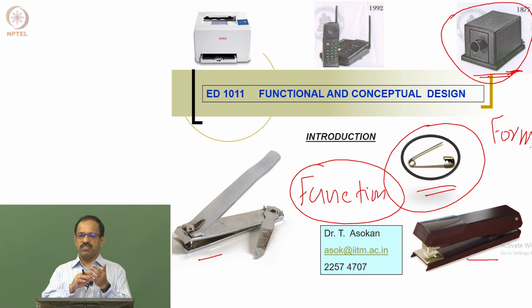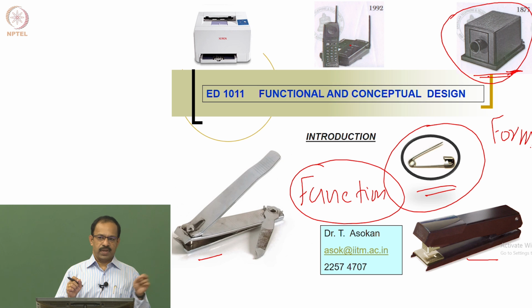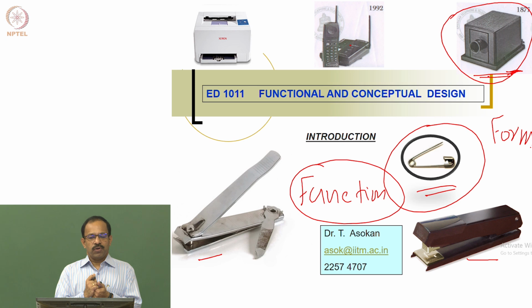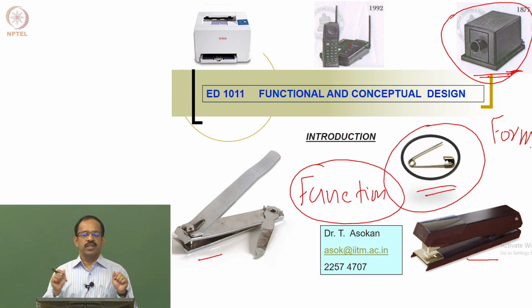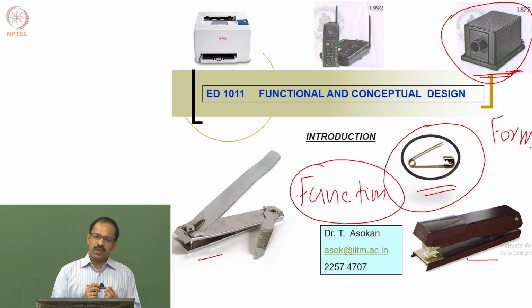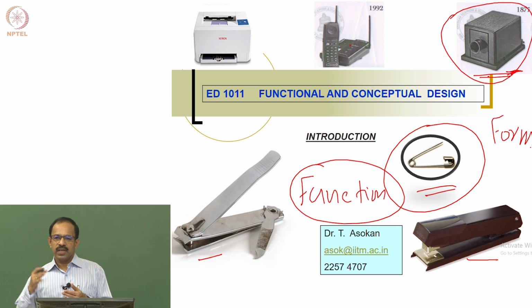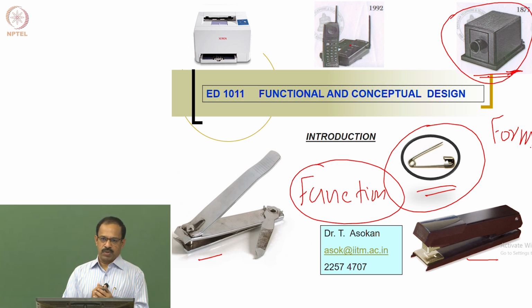So that things can actually be changed in technology, it can change in the appearance, it can be changed by color, or whatever it is. So a design is basically looking at the function of a product and then finding a form to satisfy that function. If you can actually match these two things, then you are getting a new product. So the whole course is basically designed to find out how do we identify the functions needed in a product, and then how do we give a shape or a structure to the product, or how do we identify the form of the product.